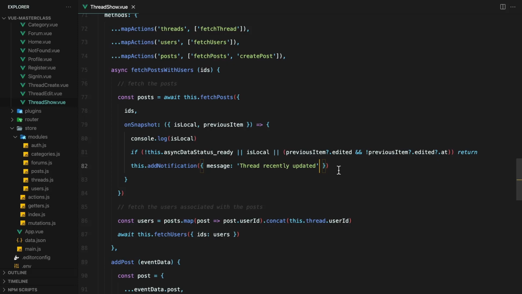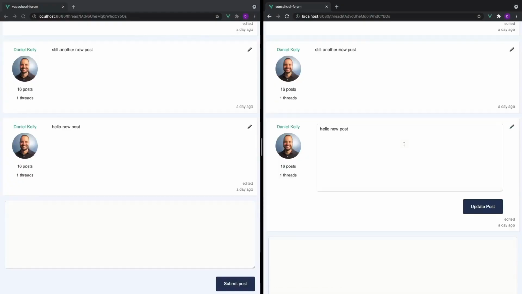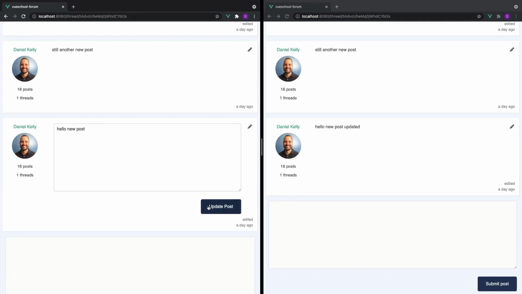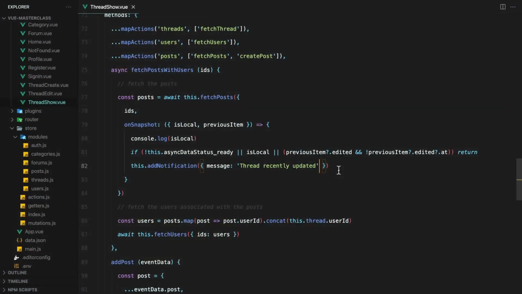However, different use cases for notifications require different notification behavior. For instance, sometimes it's worth showing a notification until a user closes it. This is the approach we've taken thus far. It's probably not the best for this use case, however. Instead, we probably want our notifications to close after, say, a few seconds. So, how do we extend our notification composable to be able to handle both?